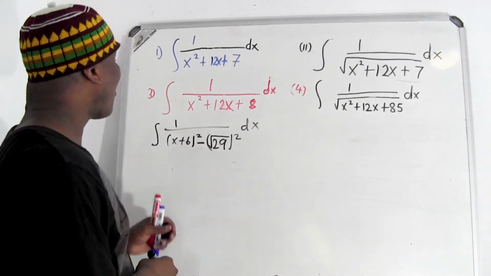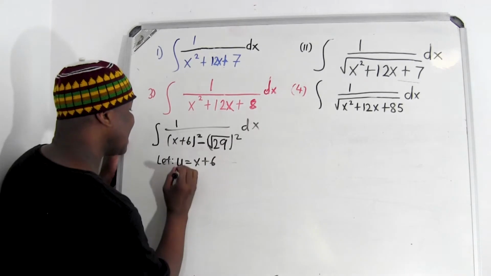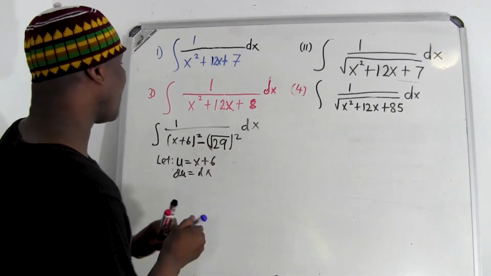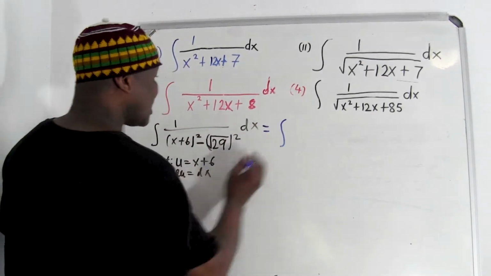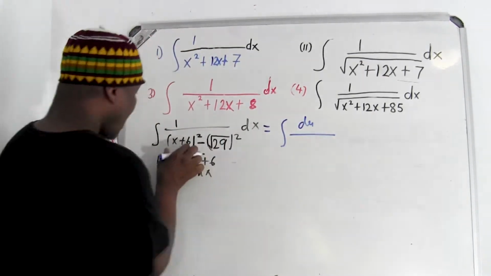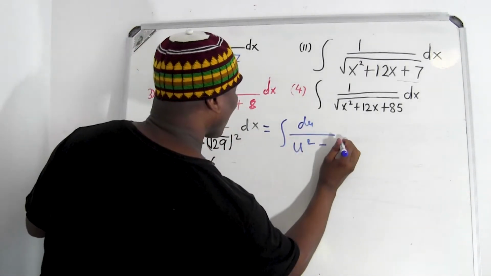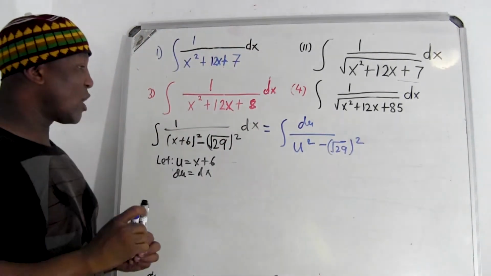What I'll do, I'll let substitution u equal to x plus 6, du equal to dx. So I'm going to place that one, and everything must be in terms of u. So this is going to become integral, du equal to dx means this is going to be du over u squared, minus square root of 29, square root of 29 bracket squared. So what we're going to do now,